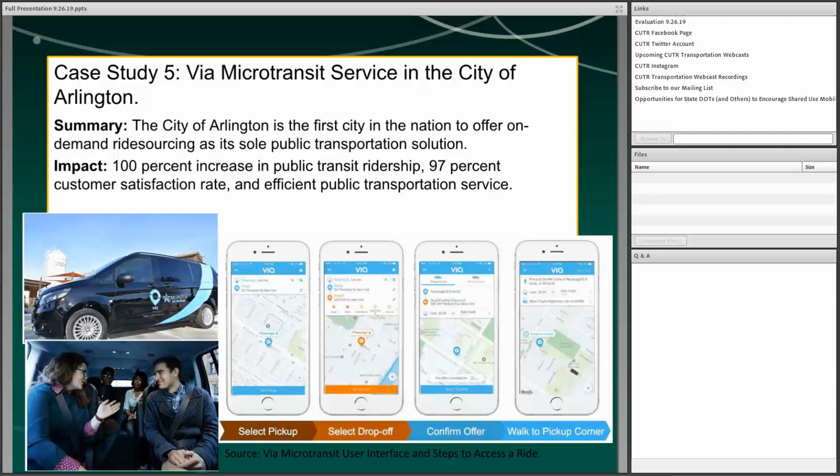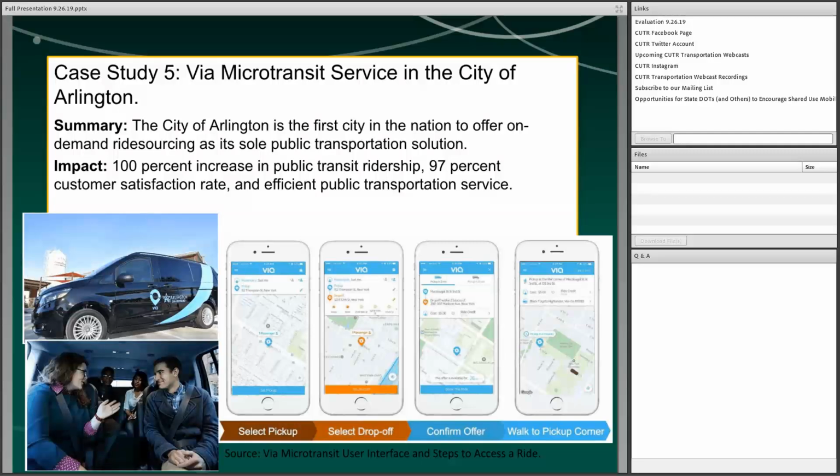And as for the availability, the Via service is available between 6 a.m. and 9 p.m. Monday through Friday, and between 9 a.m. and 9 p.m. on Saturdays. And rides are charged a flat rate of $3 per trip. One of the frequent complaints with microtransit services is that they are expensive when compared to public transit fares. Well, subsidizing microtransit fares can be attractive to rural and small urban community residents. The Via fare is subsidized in Arlington to make on-demand microtransit trips affordable. Without subsidies, the trip would have cost approximately $9.